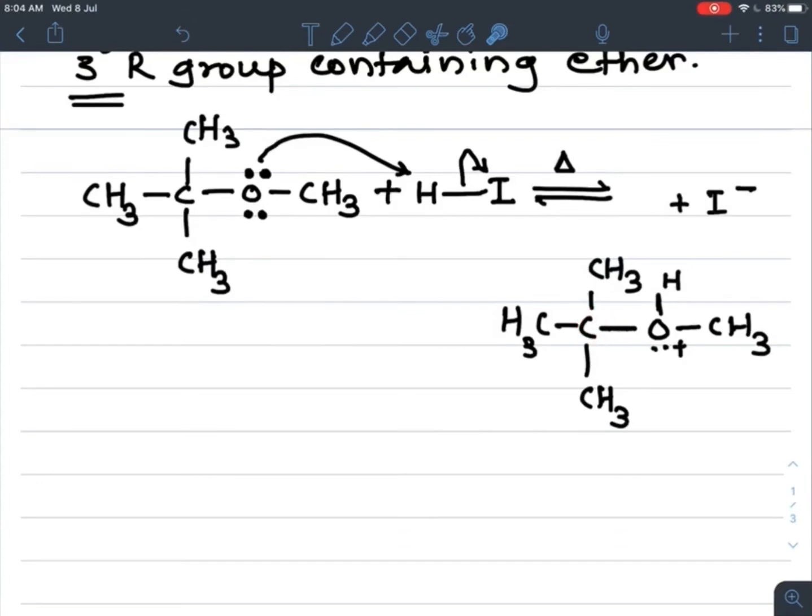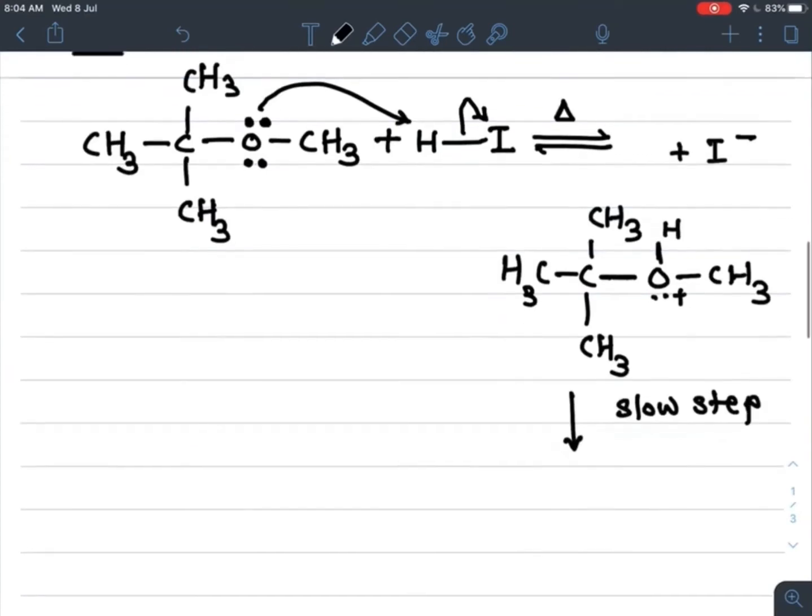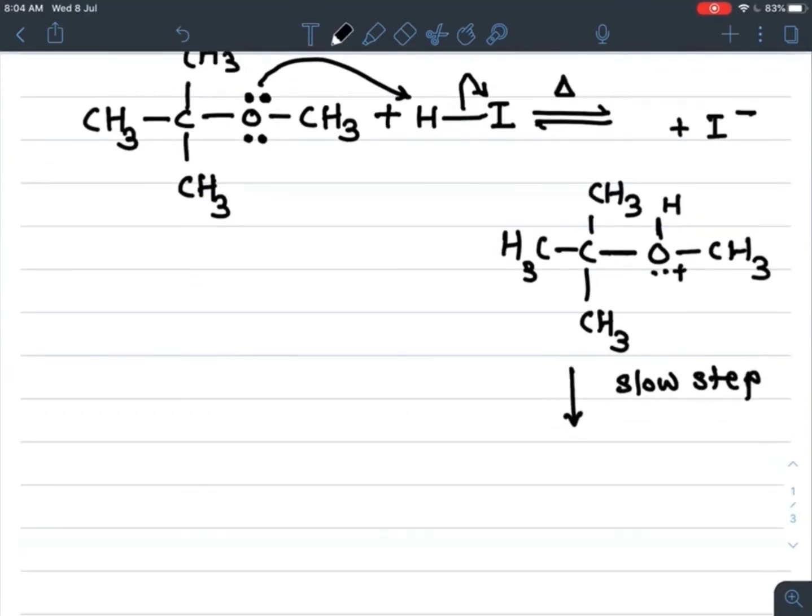Around this carbon the electron crowd is more, so the bond breaks from here. The more substituted carbon-oxygen bond breaks. So we get here the slow step,